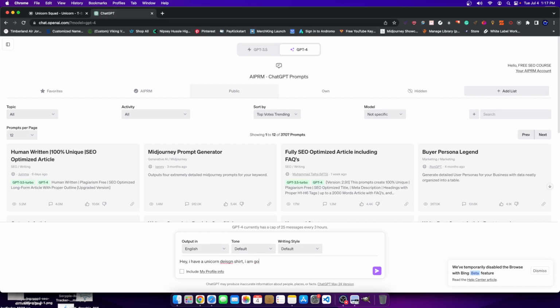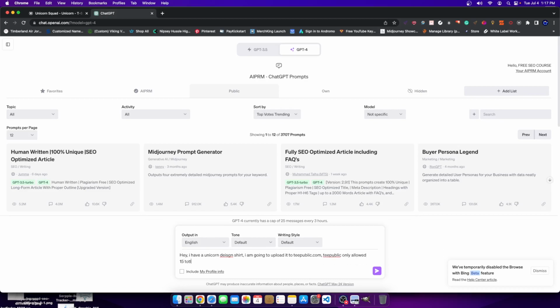I am going to upload it to TeePublic.com. TeePublic only allows 15 total tags. Provide for me a list of tags that would apply to my